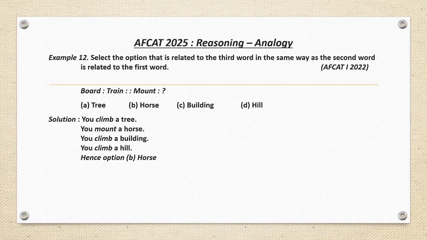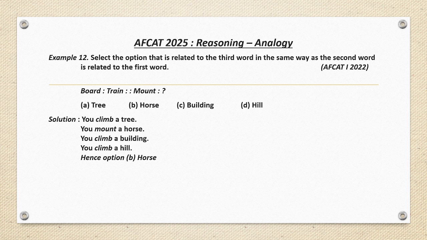Okay, same way mount का क्या होता है? Right, mount का क्या है? Whenever we are going to sit on some animal, right? Whenever we are going to sit on something, that verb is mount. Okay, so mount a horse,